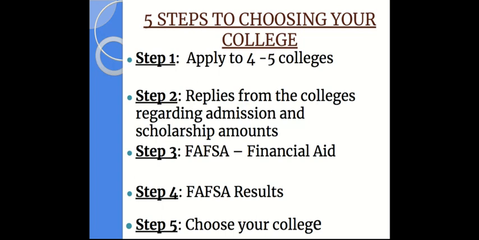So you don't actually choose the college till April or May. So this really is a full year process, mainly because you want to see your financial aid results and your scholarship amounts before you choose your school. A lot of kids think once they get in, it's done. So you really should take the school year to decide.